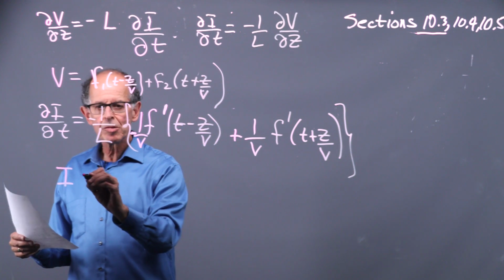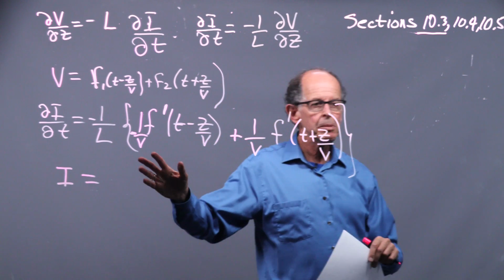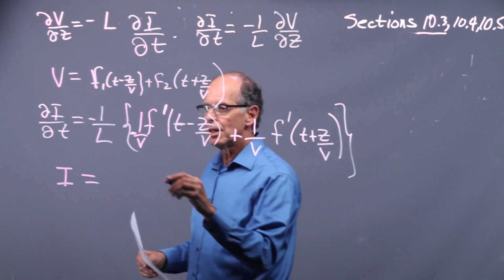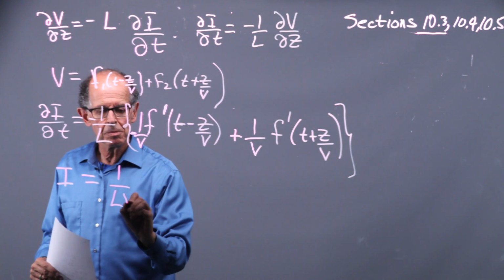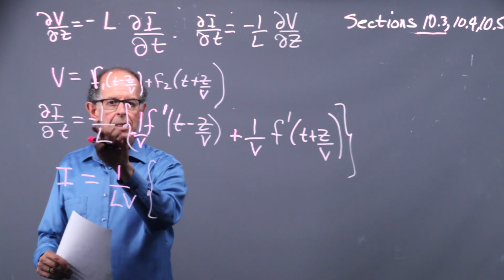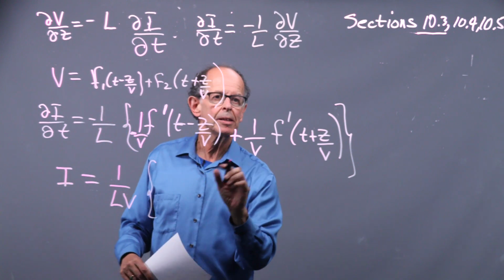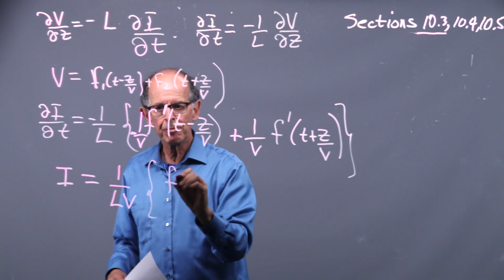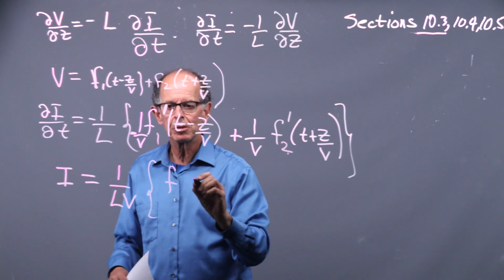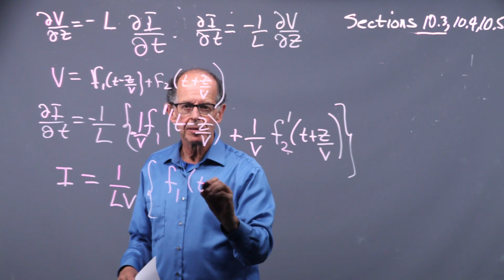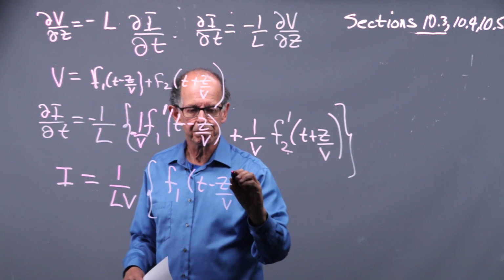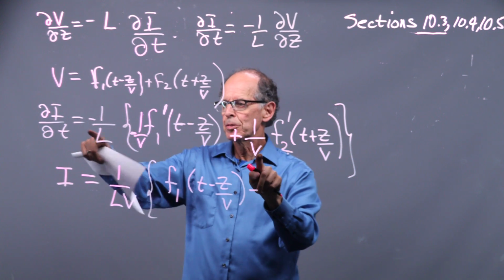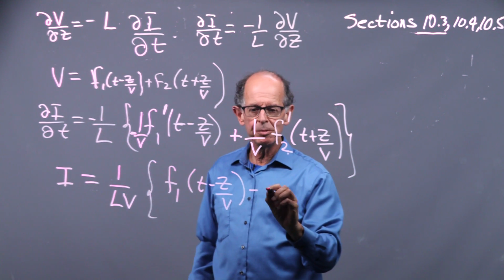And so I is equal to, you have to be careful with the signs here because there's a minus 1 over L in front. So this first term, minus 1 over L times minus 1 over v, that's just 1 over Lv. We integrate, we get F1, forgot the 1s and 2s, F1 of t minus z over v, minus, because there's minus 1 over L times 1 over v,